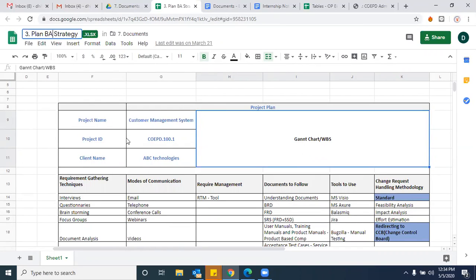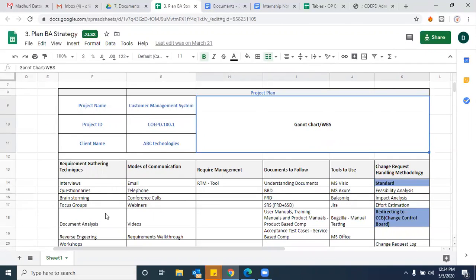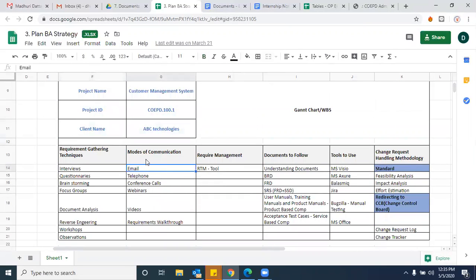This is planning BA strategy. Planning BA strategy should be done by BA only, right or wrong? There is no other go, right? So straight away we should copy that work breakdown structure or the Gantt chart here in this particular column, to understand how the project plan has been happening. Based on this project planning, you need to prepare your strategy. And before preparing strategy, you need to write your project name and project ID. As I told you, these two are important for every project. And here you can mention the client name for which client you are dealing with the project. Am I clear?